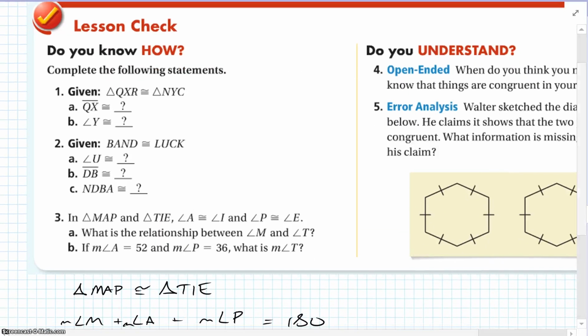Okay, so here are some questions for you. Take your time, pause, and let's work through them. Given QXR is congruent to NYC, QX must be congruent to NY. Angle Y must be congruent to angle X. All right. So given BAND is congruent to LUCK, angle U must be congruent to angle A. DB must be congruent to